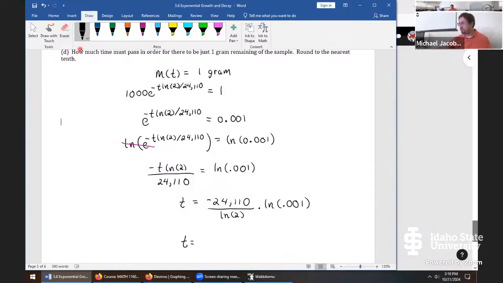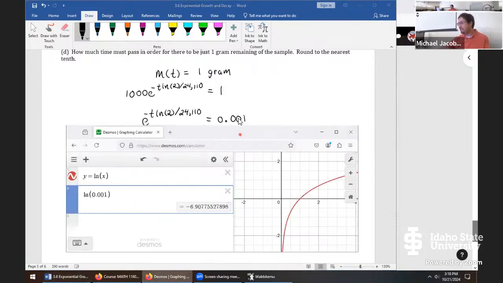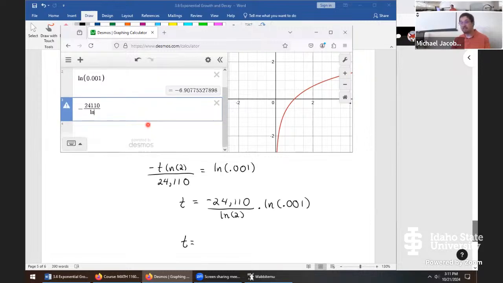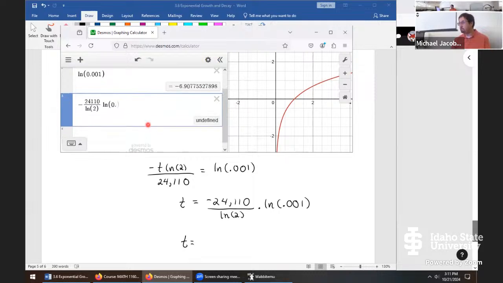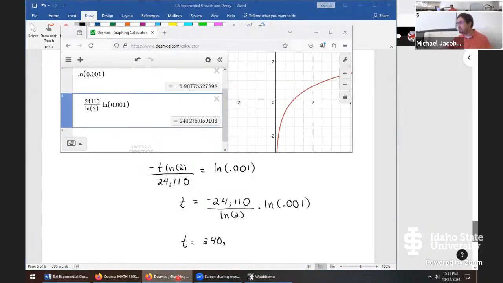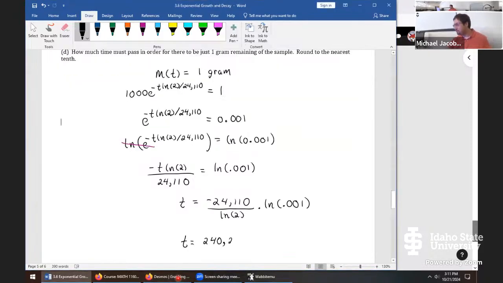So here's our last step. Shove all of that into the calculator, and here's what we're going to get. 24,110 divided by natural log 2, multiplied by the natural log of 0.001 gives us this many years: 240,275.1 after rounding. I already forgot the digits, 240,275.1